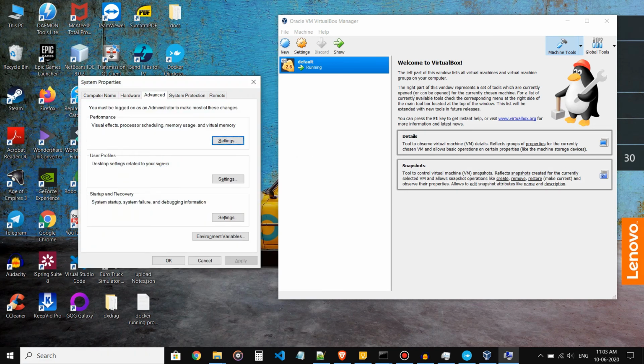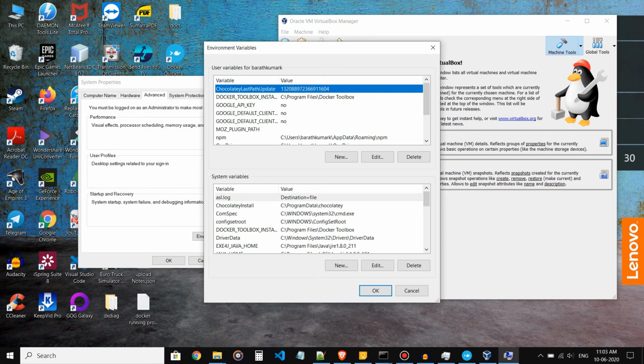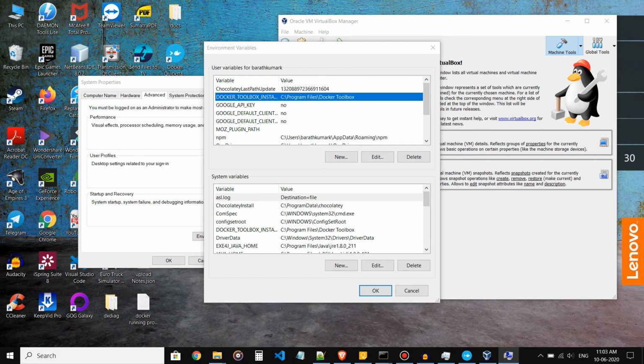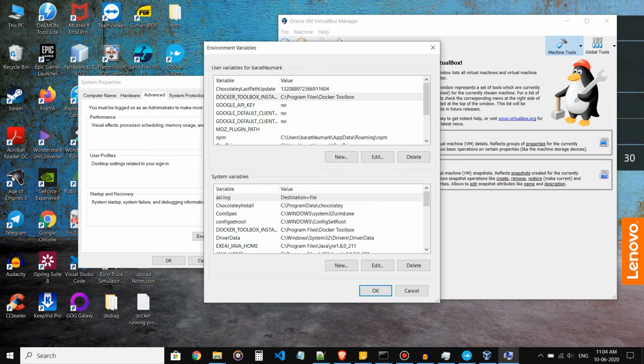Once you click on environment variables, both in the user variables as well as in the system variables, add a new variable with the name docker_toolbox_install_path and specify the path in which it is installed. If you have given a custom installation, then your path will vary. Else, if you have used the default installation path, then this would be your path as well.